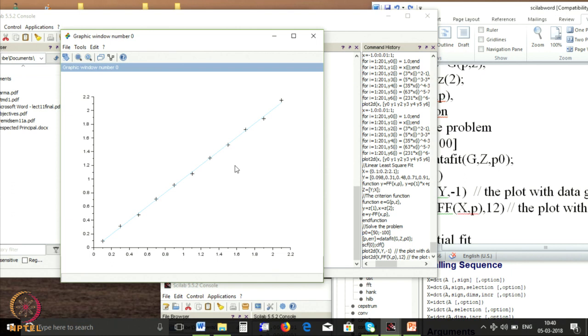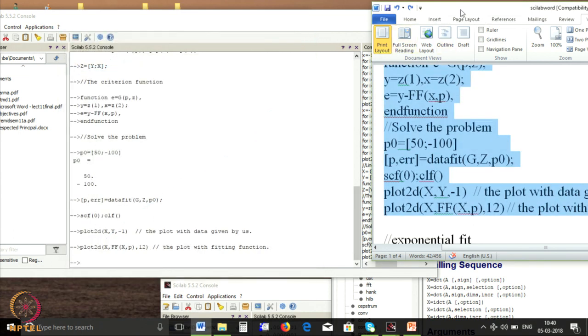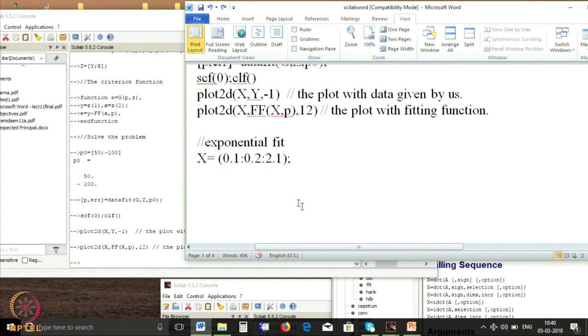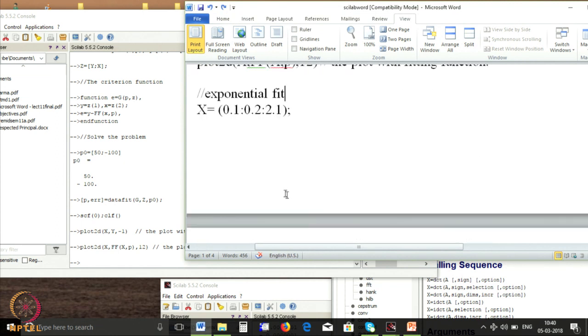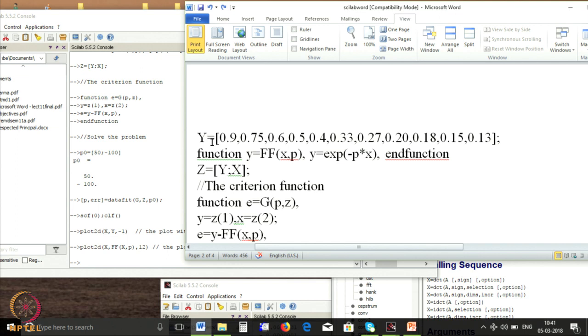So, what I now want to do, I want to fit some other function. So, let us see that, I will close this window. I want to do 2 more fitting calculations. The next one is an exponential fit. So, what is an exponential fit? My x is the same as the old data, then my y is some function, I have taken some arbitrary number of points, an arbitrary 11 points.